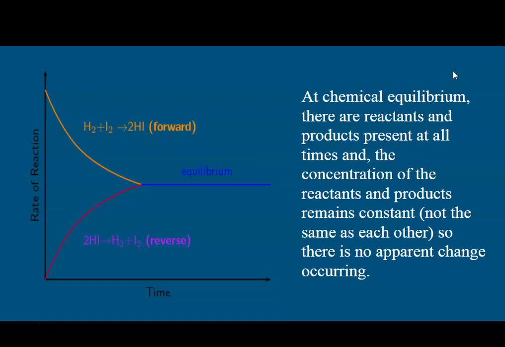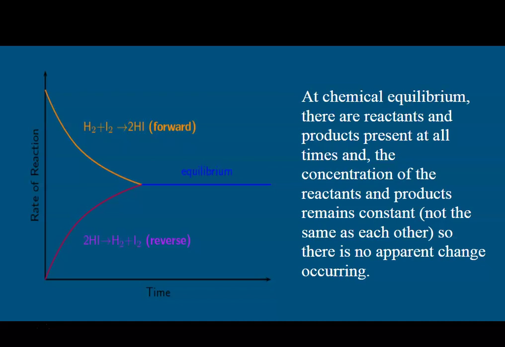So, here's a little illustration of the sort of thing that can potentially happen. This is a plot of rate of reaction, which we're experts on, against time for an equilibrium. If I start with hydrogen and iodine, you can see that the rate decreases. Simultaneously, the rate of the reverse reaction increases until we get to this position here. And that's the position of equilibrium, starts there, keeps going on and on and on, a bit like I do,